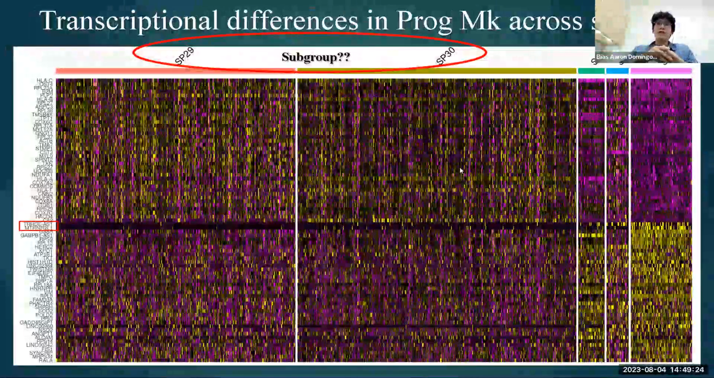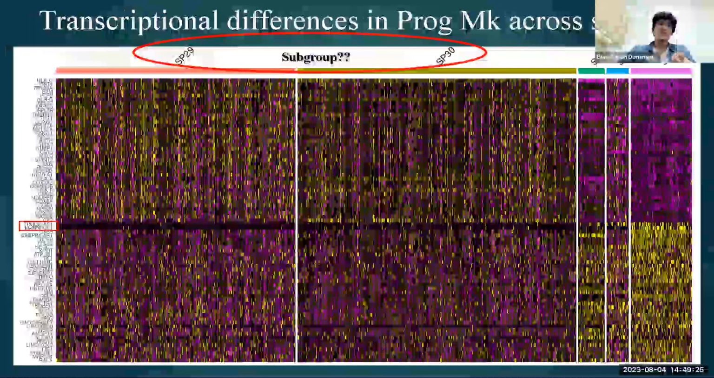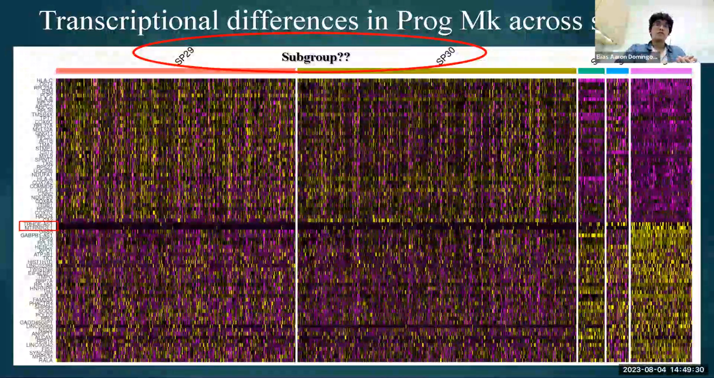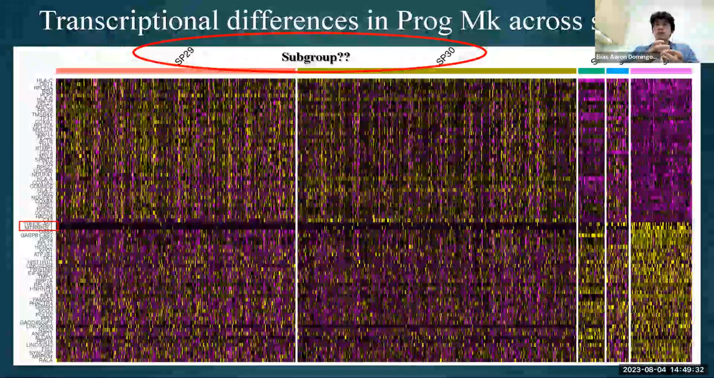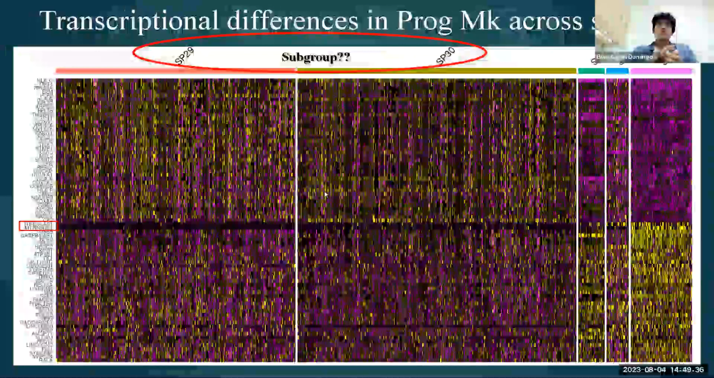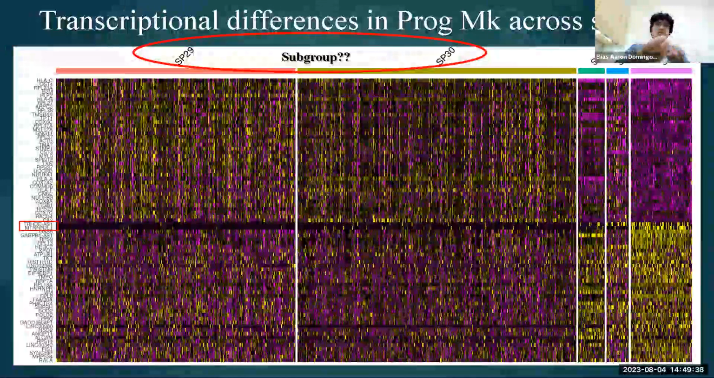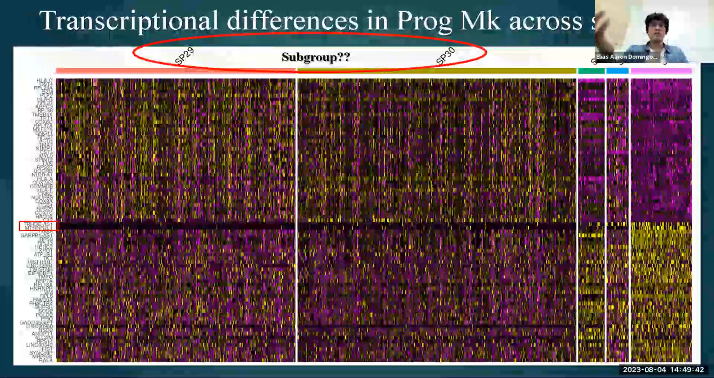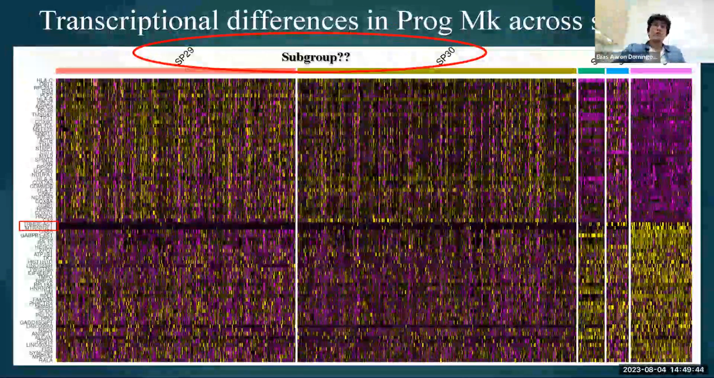And we are particularly interested in seeing that this gene, the TRHDE-AS1, is completely or almost completely inactive or downregulated in these two samples. So we wanted to see if this is exclusive of these two samples, if it's exclusive by the program K cell type. So we decided to